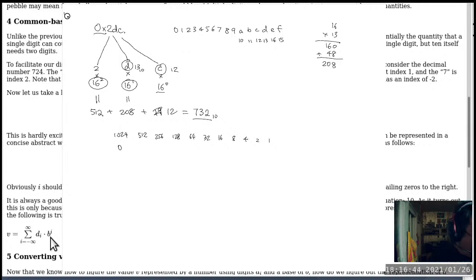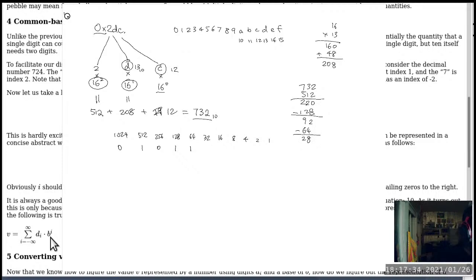So we say, nope, we are not going to need any 1024. We'll take 512. Okay, so on the side, because my arithmetic is really bad, I'm going to do this calculation on the side. So now we have 220 left. Now with 220, I don't need a single 256, right? So we say there's none of those, but we need one of 128. So we say, well, let's subtract that and find out what is left. So there's a 2, there's a 9, so we have 92 left. With 92 left, we say, well, we need 64. So now we take 64 away from 92, and we have